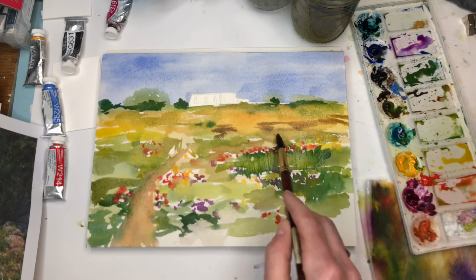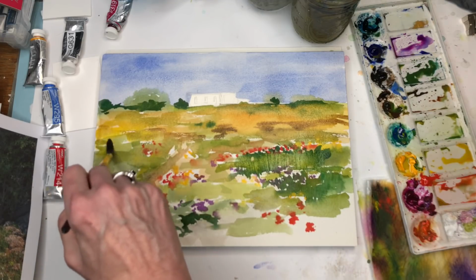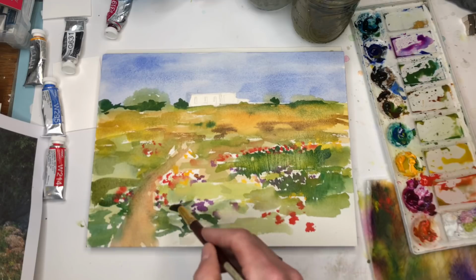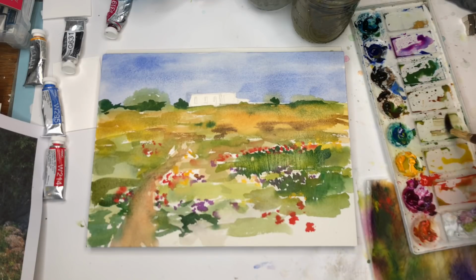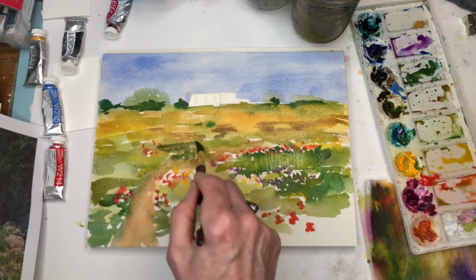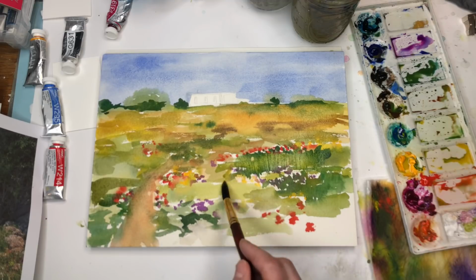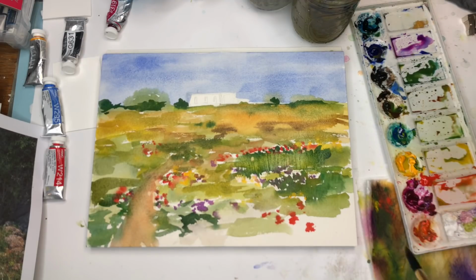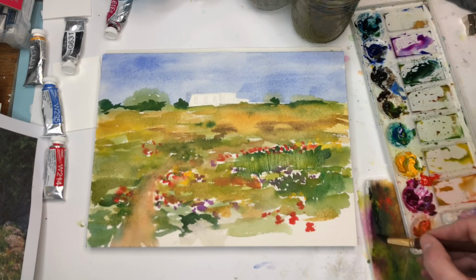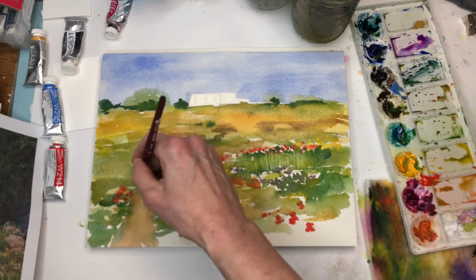Now this paper's kind of buckling a little bit on this pad, but it should dry flat because it's a block. So we're building and building the rustic little road. I feel like my road kind of looks goofy, but hey, that's okay. Going back and forth, adding some greens, some yellows. We're getting there. A little more rustic. I've got this dark green, same color. I mixed up a little more blue in here, a little more Prussian blue, and now I'll grab the Princeton 8 and I'll start to play around with making some like grasses,